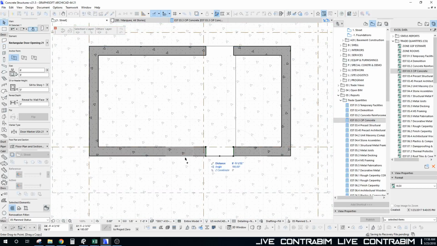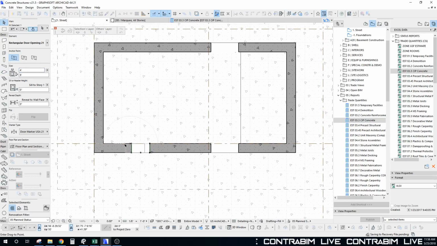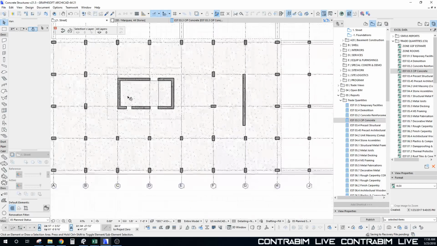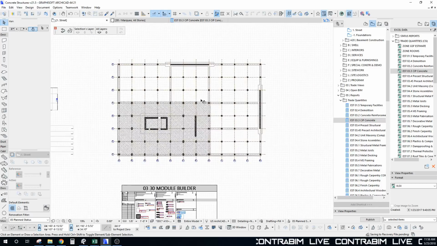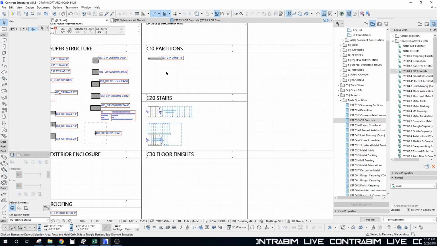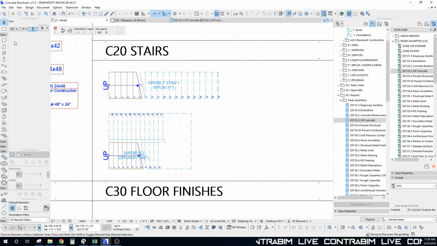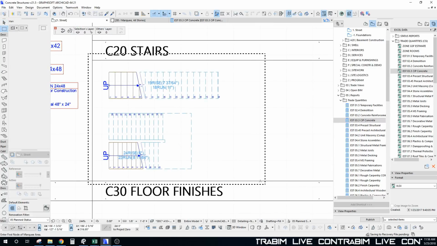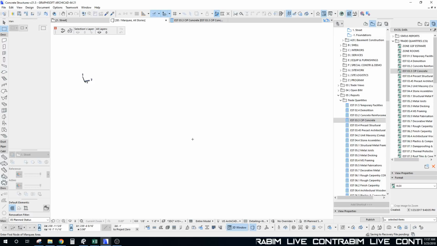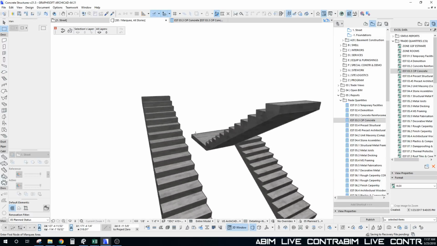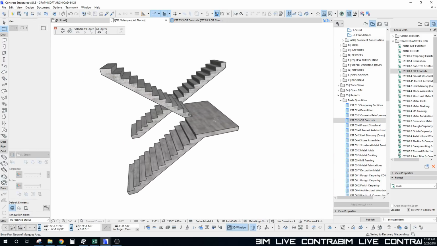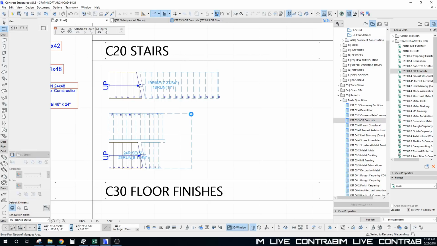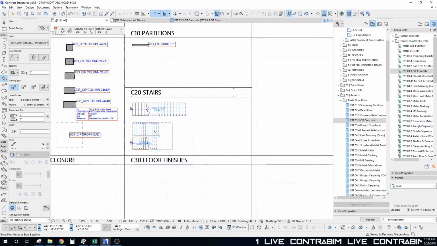And I'm going to pull one more over here, and I'm going to make this one just slightly smaller because I'm going to use this as an opening to get into the stair right here that we are about to drop in. So I do have a few stair elements loaded up. I got two versions of them here. Got a straight and a curved. And so we'll probably just be using, obviously in the core, we're going to need